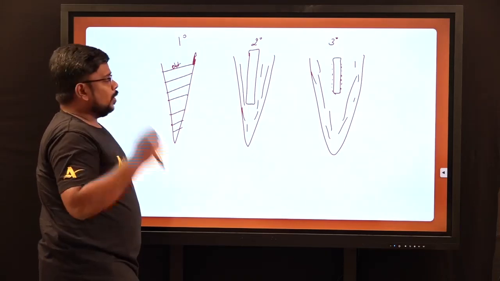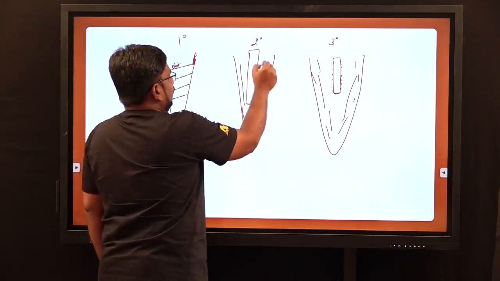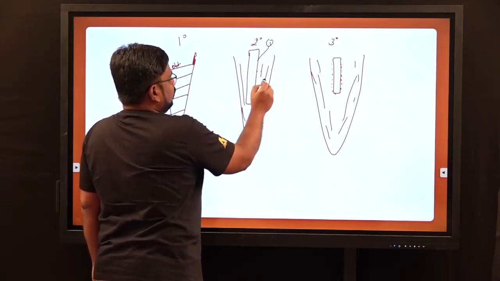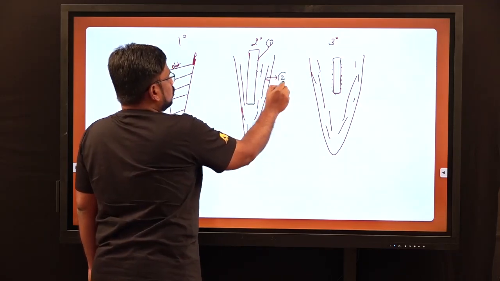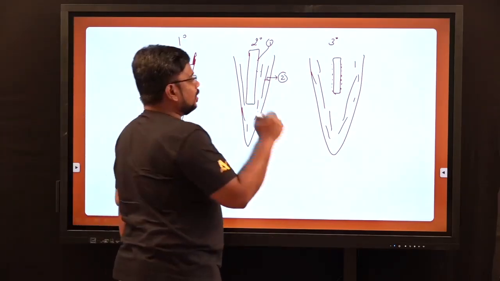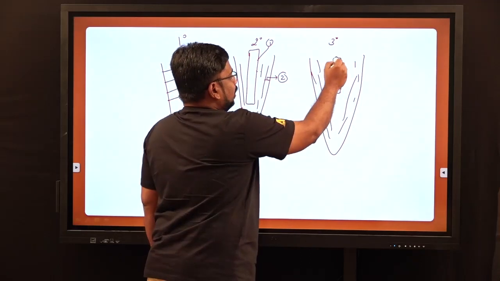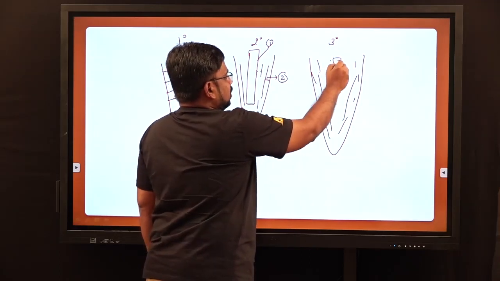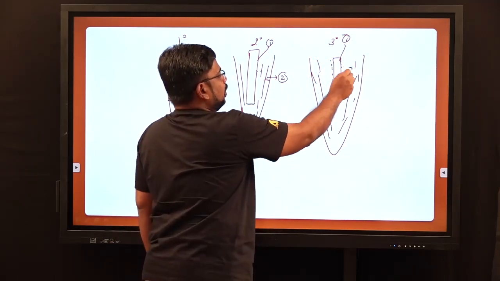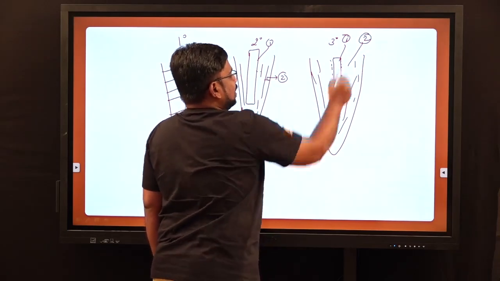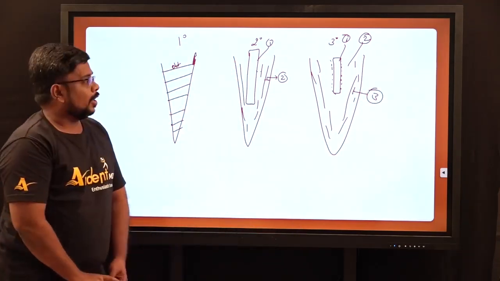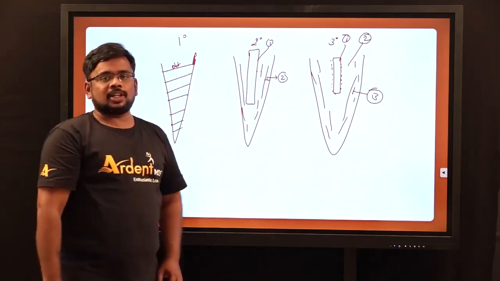Secondary monoblock, you have two interfaces: the interface between the core material and the sealer, number 1, and the interface between the sealer and the root canal, number 2. So you have two interfaces in a secondary monoblock. Tertiary monoblock, you have an interface between the core material and the material applied on the external surface. So here one interface, then the interface between the material on the external surface of the core and the sealer, the second interface, and the sealer and the root canal, the third interface. So we have three interfaces in a tertiary monoblock.